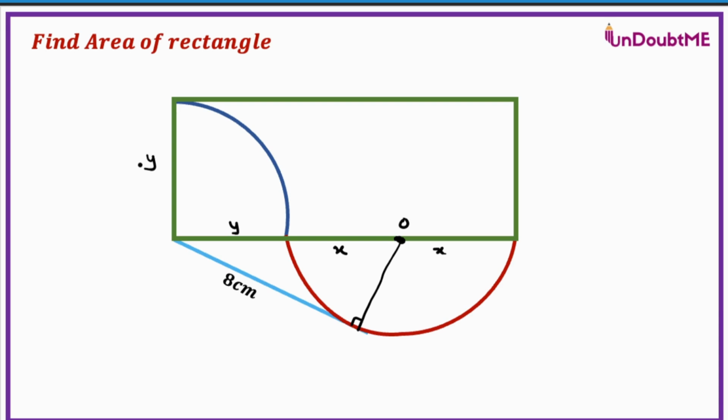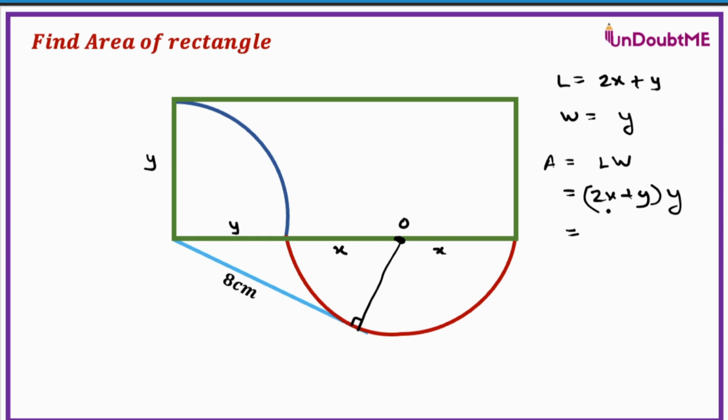Okay. So now if I look at the rectangle, then the dimensions of the rectangle: length is x plus x, 2x plus y, and width is y. Area of rectangle is length times width, that is (2x plus y) times y. If I open the bracket and expand it, it will be 2xy plus y squared. Okay, now we'll keep it as it is for the time being, and we'll move back to the right angle triangle